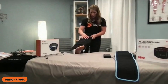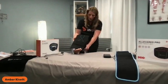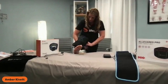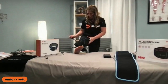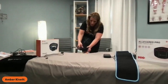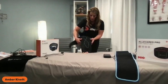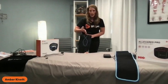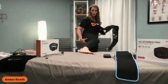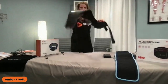So, okay, here we go. We're going to attach it at the very bottom, and then we can spiral it right behind the knee without it being too much. And then we're going to attach it at the top. And now we have it for a full leg, and it stays put, okay? But we should be walking around with this on anyways. So that's an easy way to strap it on if we're trying to get the whole thigh on the front side. Same thing if you have a hamstring tear, hamstring rupture, or a nasty contusion on the backside, you can do the exact same thing on the backside. So we would just lay it out there